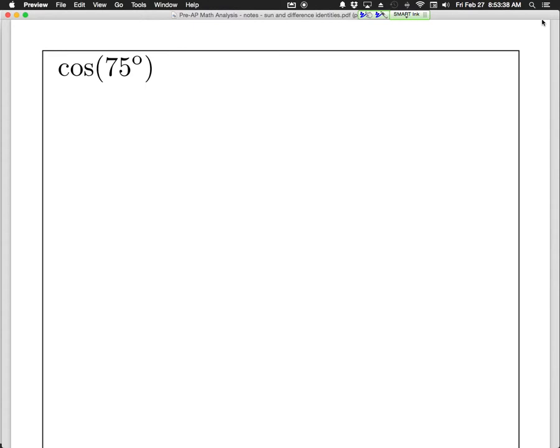So split it into two angles. What two angles do you want to use? 45 and 30. So which identity do I want? Cosine of A plus B. So that is cosine 45, cosine 30,